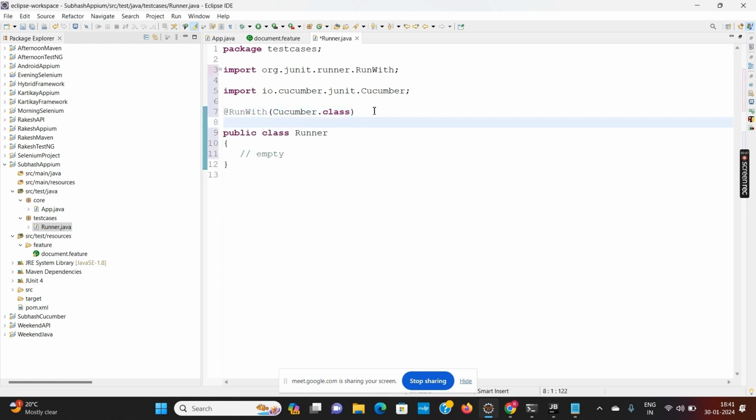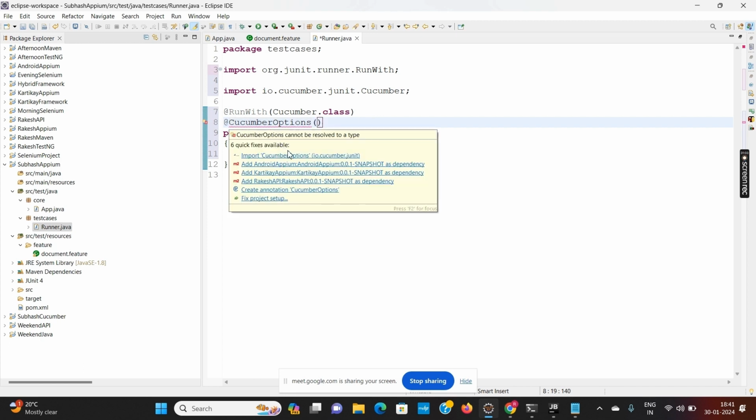All these things we have already discussed. So these are the two annotations which you have to add.